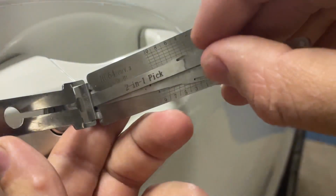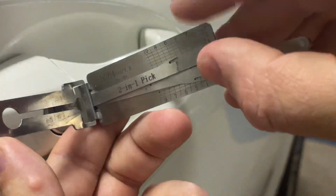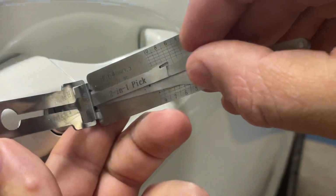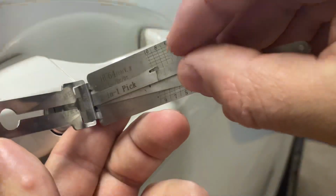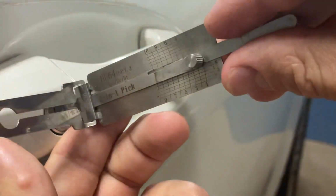Click on number 1, click on number 2, click on number 5, click on number 7, click on number 9, let's go to the bottom row,